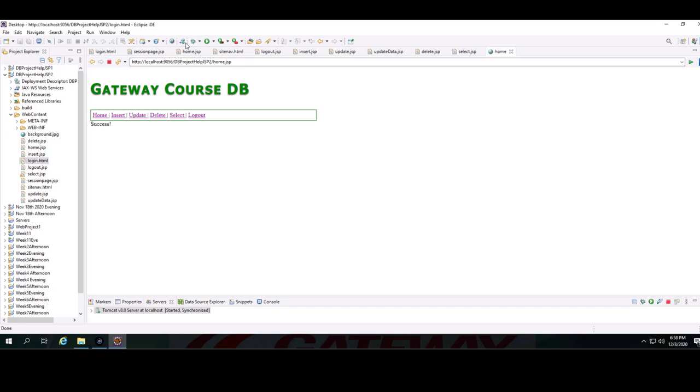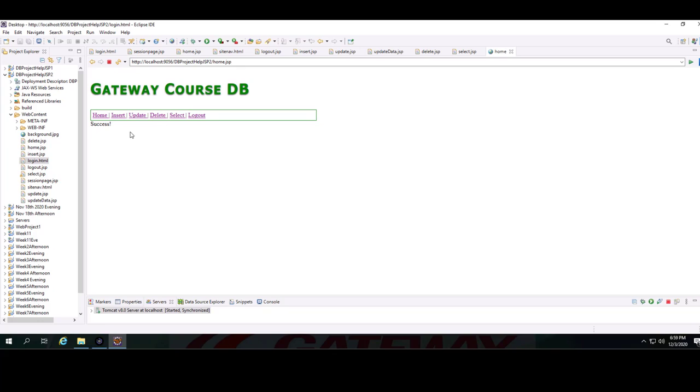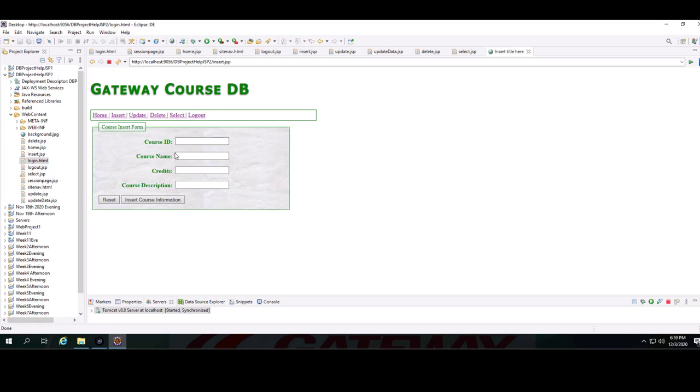So now I am inside the page, it's the site, and let me show you the logout process. As you can see, it takes me back to the login. So that was the session management piece of the information. Now, let's click on insert. So it loads this page, and it lets me enter, and I cannot come here directly if I'm not in a session. So I enter a course number, a course name,